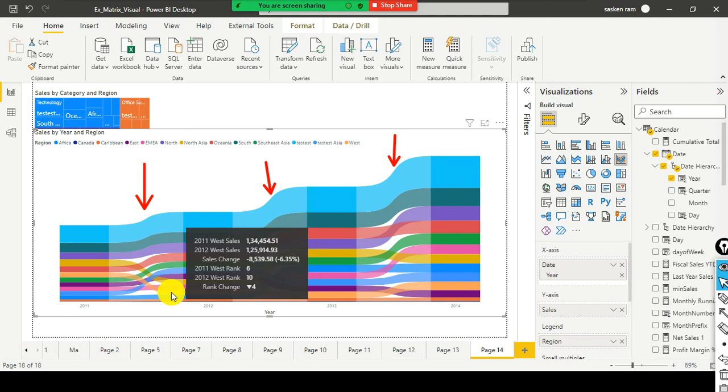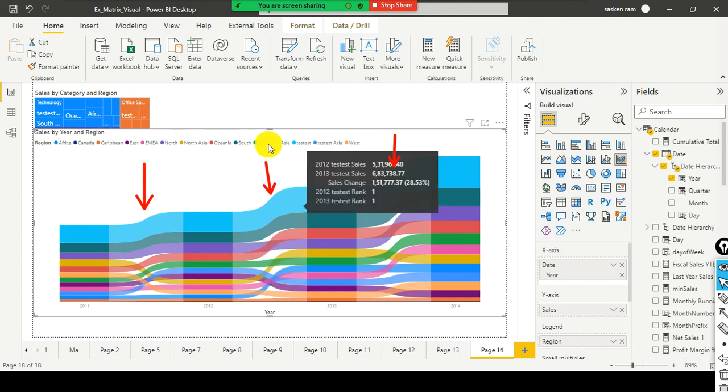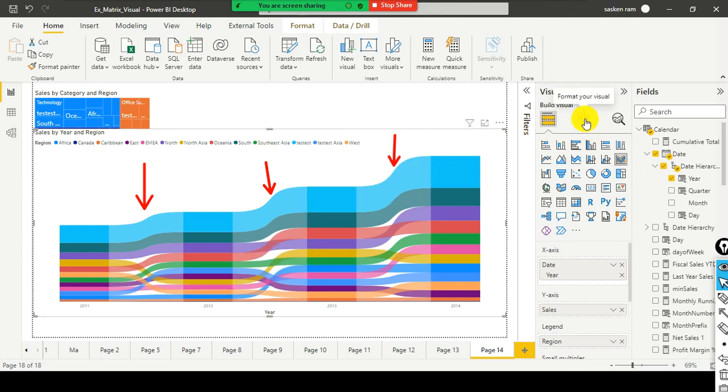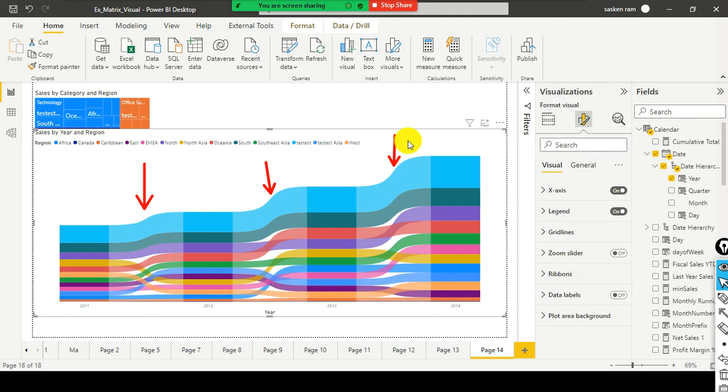So this is the beauty of the ribbon chart. Okay, it gives you the rank also. And you can go ahead with the format pane and do all kinds of things, give the title, and if you want to change the legend also, you can change it. So that is pretty much about the ribbon chart. It's very simple and easy, but with a single chart you can find out the different sales in terms of values, and in terms of rank, how much percentage change in the rank, everything you can see here. Alright, this is what your ribbon chart